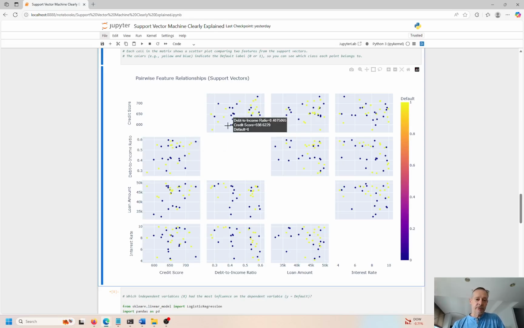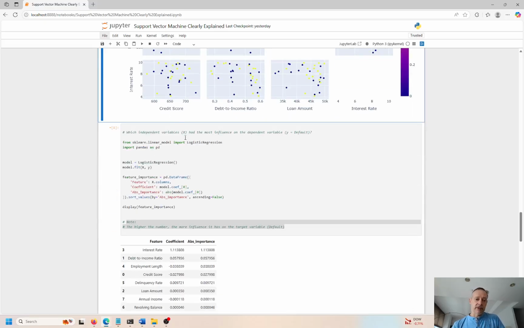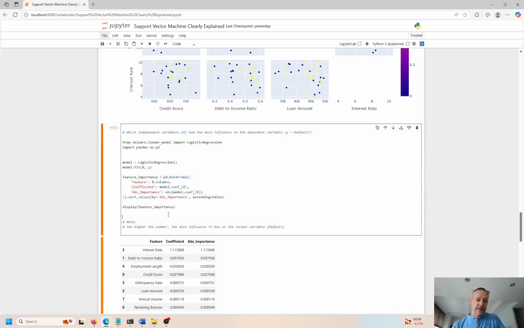So I always say a picture is worth 1,000 words. I think this is a nice visual here. It shows us the defaults and the non-defaults, and then each feature relative to all the other features. Okay, so let's look at